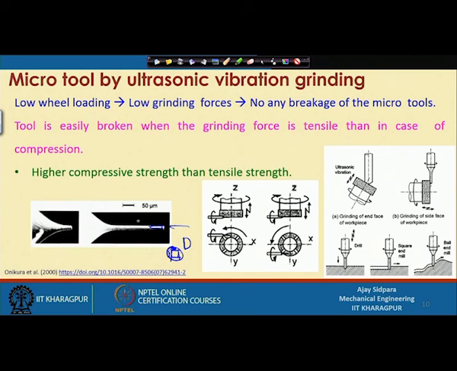This is very primitive, because if you see, this is 50 micron, the tool diameter is not more than 20 micron or something. So, this way you can make the cutting tool in a much easier way compared to grinding without any tool vibration or ultrasonic vibration. So, let me stop it here, and we will continue this talk further in the next class.